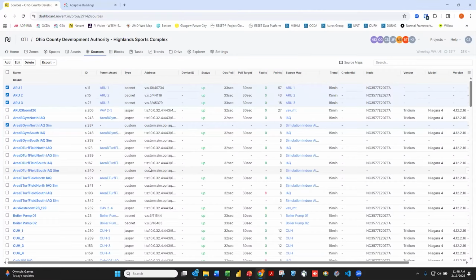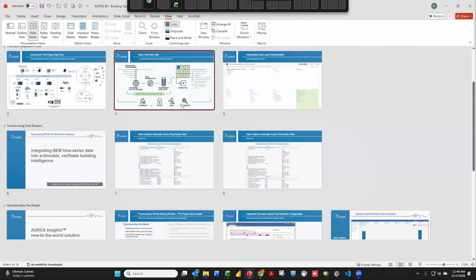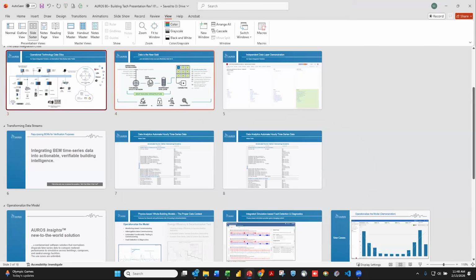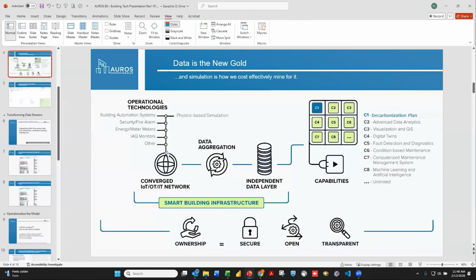That BACnet data must be coming out of your building automation system. The Jasper is coming out of the Jace. That's a protocol for it. BACnet is an IP device, meaning it's on network. So when we showed you in the presentation this converged network, this is a device that would go on network, that's IP,